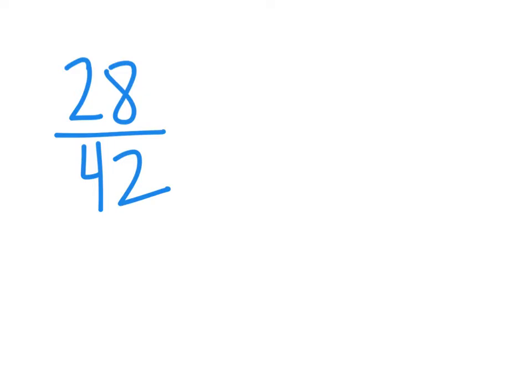Another thing that I could do, instead of dividing by small numbers over and over, is try and find a bigger factor that the two numbers, the numerator and denominator, have in common. So I could divide the top and the bottom by 2 over and over again, since these are nice even numbers, or I could do a little bit more investigating to see what the factors are. What I'm going to do is make a factor tree. A factor tree is when you start and find two factors other than 1,